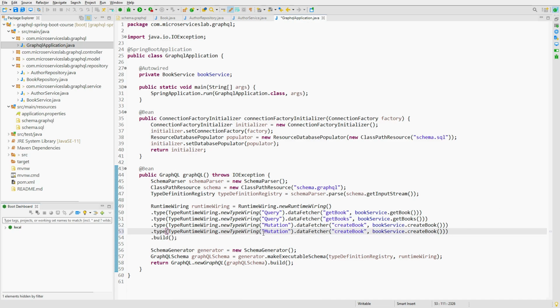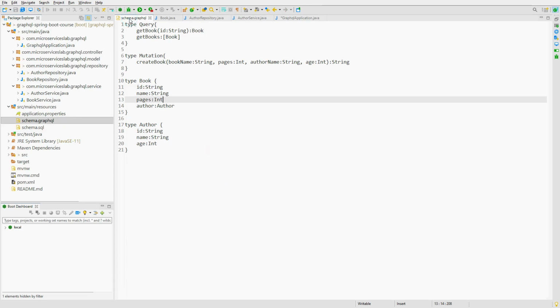And here we have to define the containing type and the actual type which is contained in this type. So in our case, the containing type is Book because the author field is present in the book object. So we have to specify the parent type or the container type over here, which is Book. And now we have to specify the name of the field which is present in our schema.graphql file.